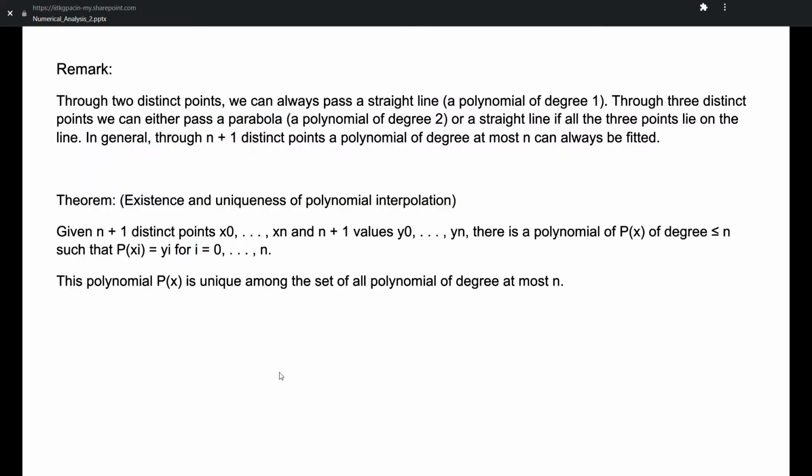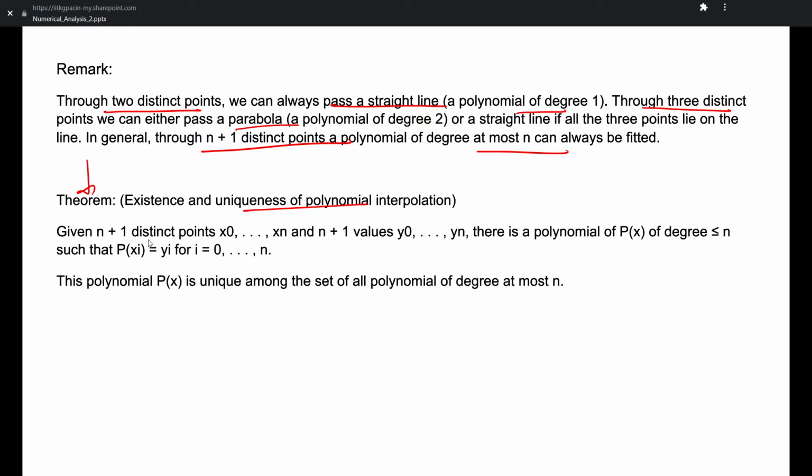An important remark here is that if we have two distinct points, we can always pass a straight line through them, that is a polynomial of degree 1. Now if we have three distinct points, we can either pass a parabola, a polynomial of degree 2, or a straight line if all three points lie on the line. So in general, if we have n plus 1 distinct points, a polynomial of degree at most n can be fitted. From this remark, we come to a theorem of existence and uniqueness of polynomial interpolation,